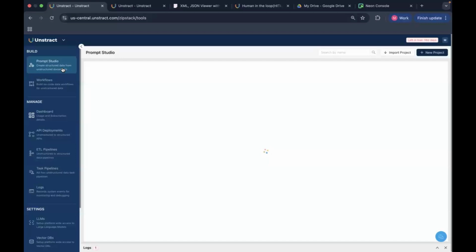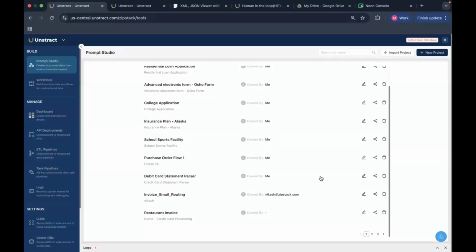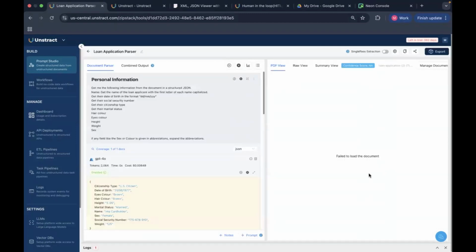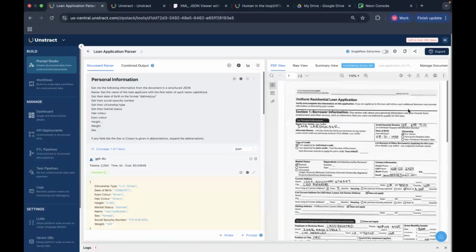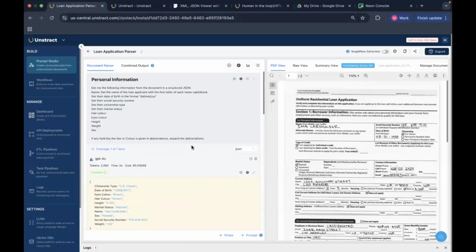So this is where you'd be uploading your documents and also defining the prompts that you want to run against them. So in this webinar, I'll be delving into an existing Prompt Studio project that we have, which is a loan application parser. So in this project, what we have done is uploaded a loan application, and we also have a bunch of prompts over here on the left-hand side to extract relevant data that I want from this particular